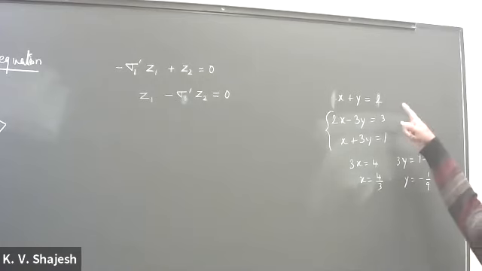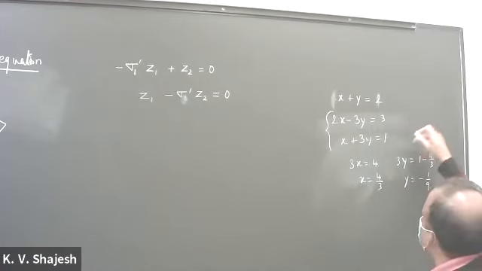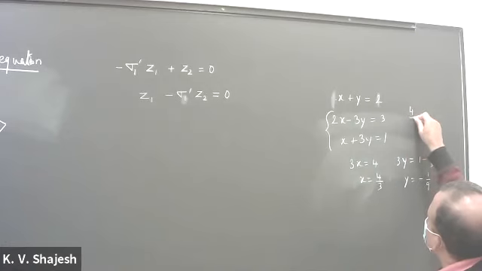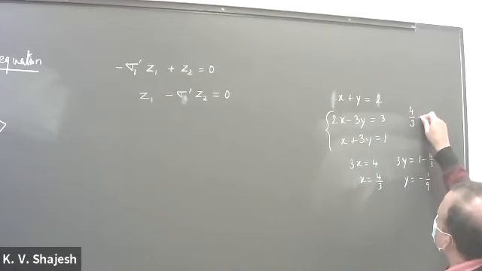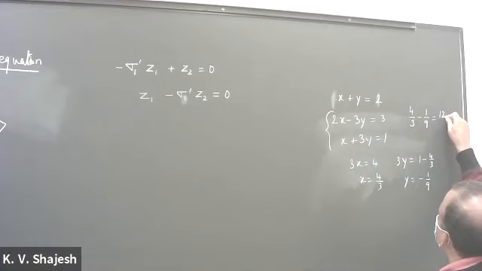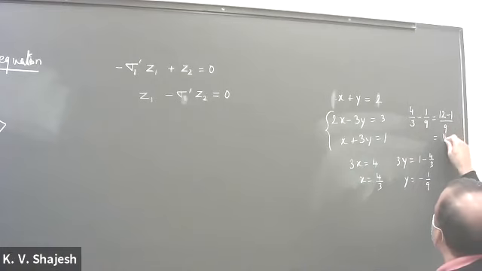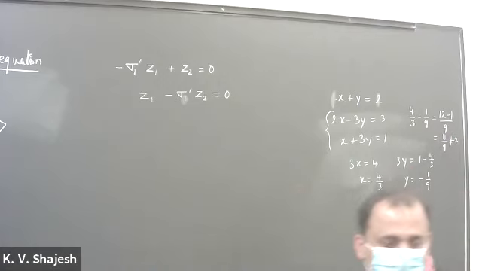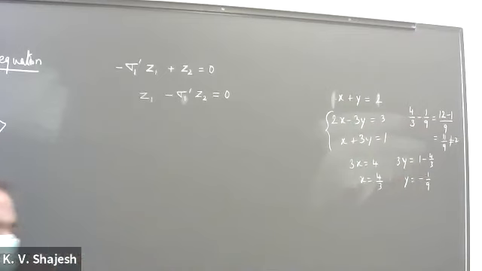Okay. But now let me put this in there. That should get satisfied, right? Yeah. So 4 by 3 minus 1 by 9. So that's 12 minus 1 over 9, that's 11 over 9. It is not equal to 2. That does not satisfy. Okay, but then the question remains, can you construct